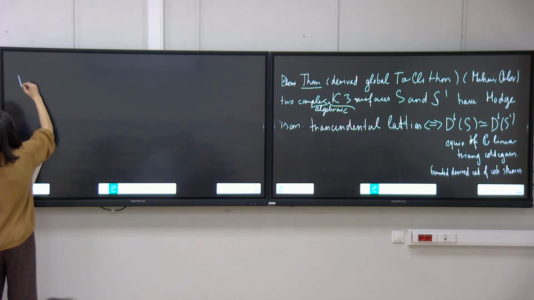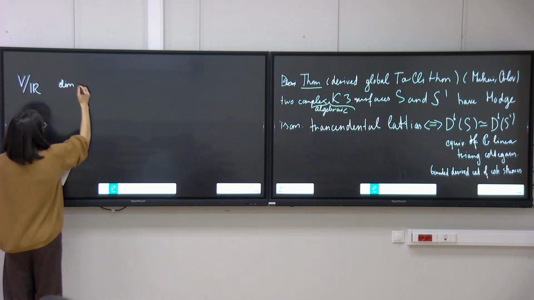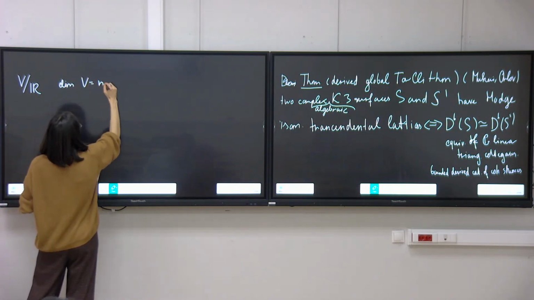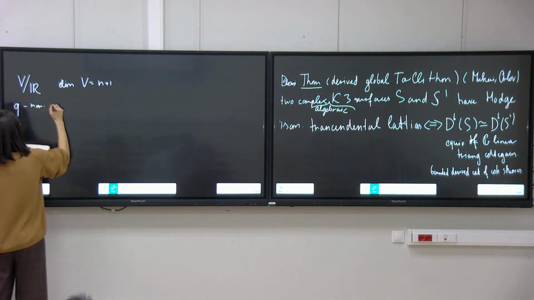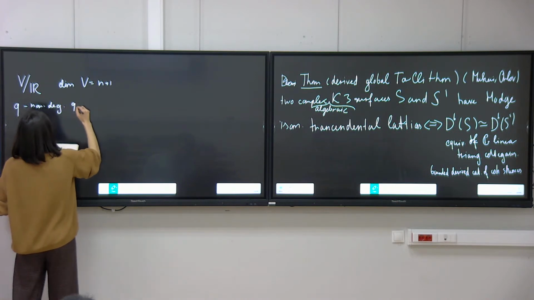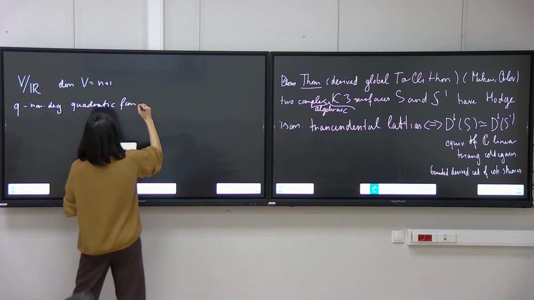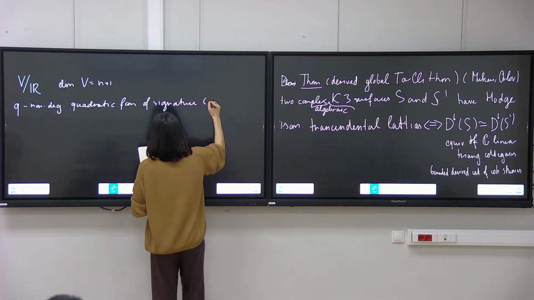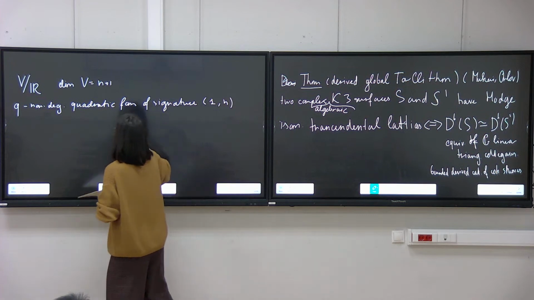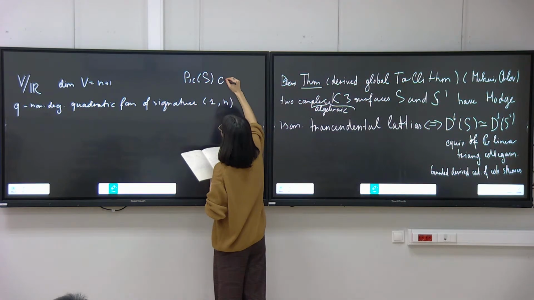let me remind something from the first course of linear algebra. Suppose we have a real vector space of dimension n+1, and we have a non-degenerate quadratic form of signature (1, n). So as an example, of course, for us, an example will be the Picard group of a K3 surface